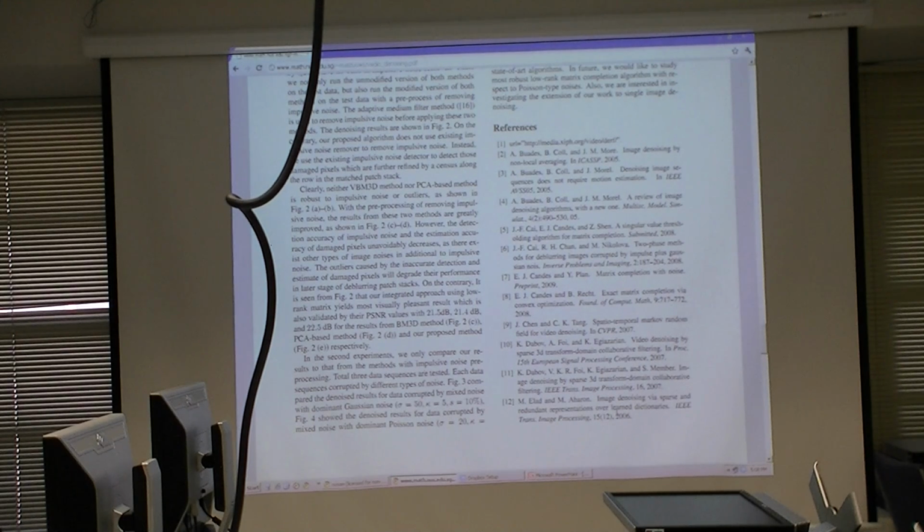They use K-SVD. It's K-SVD. Oh, is that the case? Yeah, it's K-SVD. So here's